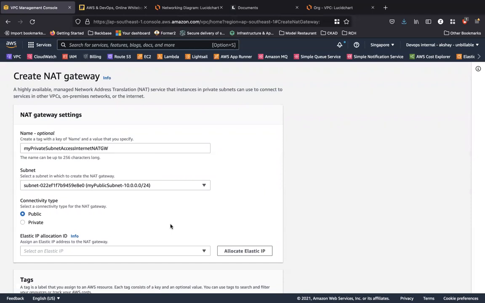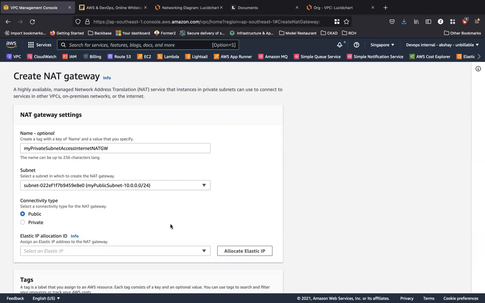But recently, AWS brought out a private NAT gateway. If you would like to connect to your on-premise infrastructure, or you would like to connect to some other VPC, you can go ahead and use a private NAT gateway. So you can ensure that your private NAT gateway is used to talk between VPCs, or to talk to your on-premise infrastructure through something called a transit gateway and so on. So if you would like to talk to the internet, you use a public NAT gateway for your private subnets. If you would like to talk within VPCs, or if you want to talk to your on-premise infrastructure or your corporate data center, you use a private NAT gateway.